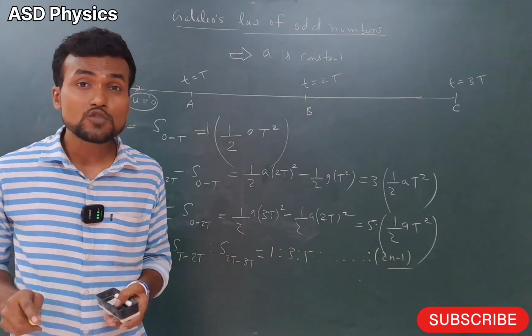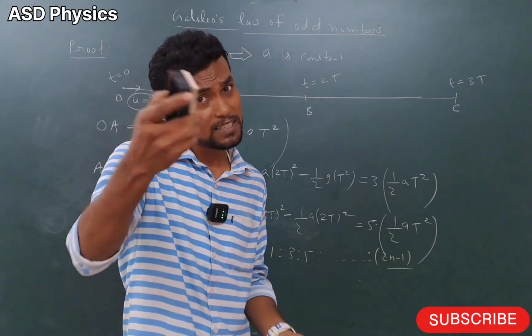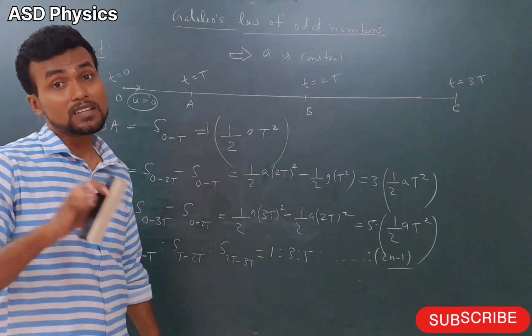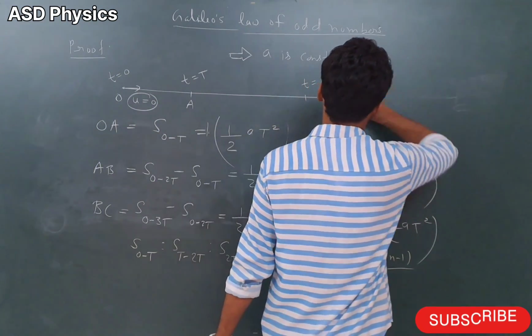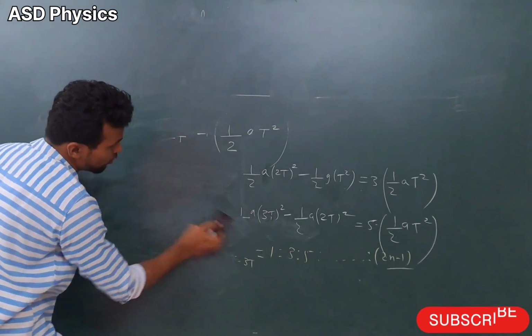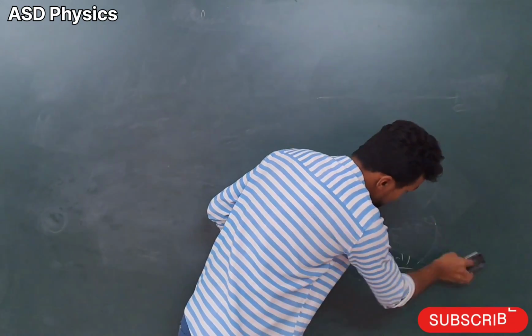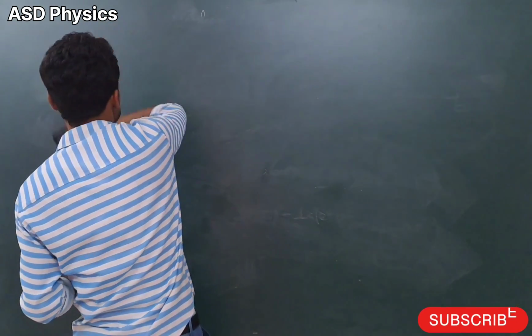Okay, so my dear students, now what we are going to do? We are going to solve some problems, and these problems will appear on your screen also. You can understand the questions from there also. Okay, so let me rough this and then we will solve some problems based upon Galileo's law of odd numbers that is coming regularly in the NEET exam and it is coming in the JEE exam also.